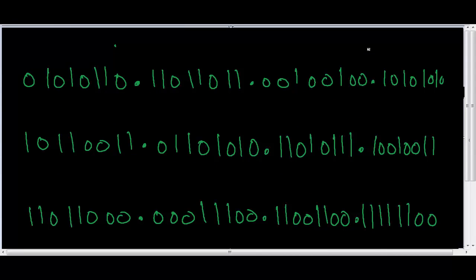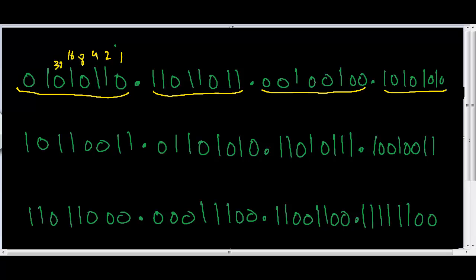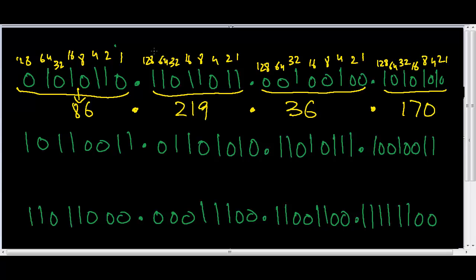Okay, this is the form in which the router sees IP addresses, but we humans do not like to view IP addresses in this form. We would rather want to see these IP addresses in decimal notation. And to do that, we separate these 32 bits into groups of 8 bits, right? So the first 8 bits, then the next 8 bits, then the next 8 bits, and then the next 8 bits. We're going to separate them into 8 bits each, and then we're going to convert them into a denary number, and we can do that by applying weights 1, 2, 4, 8, 16, 32, 64, 128. So after applying weights, we convert these 8 bits into a denary number. So the end result is that we get this IP address,